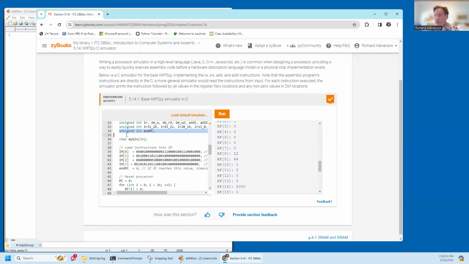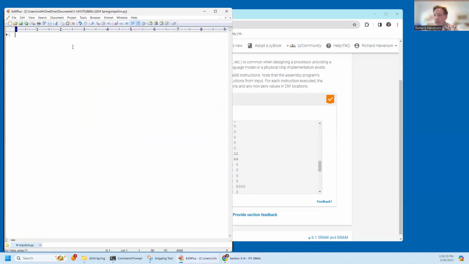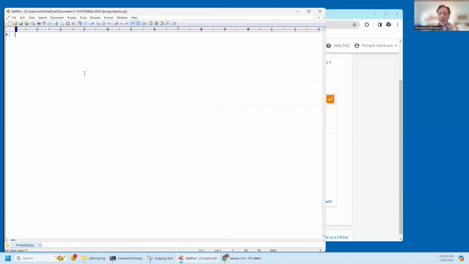So I'm going to first start by copying this out. Control A, Control C, and I've got a Python program here. In fact, let me just verify this. I'm going to do print hello there, ITS388AL,